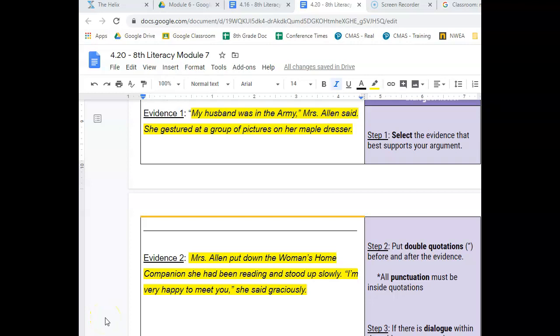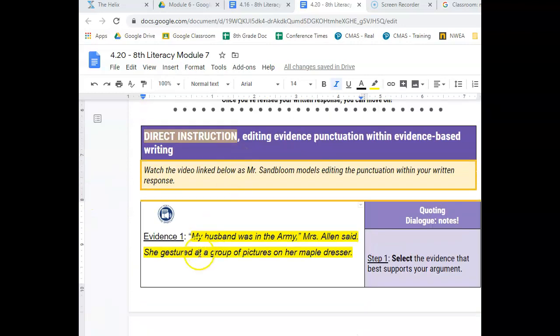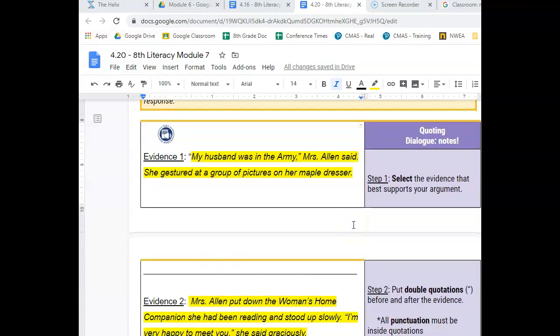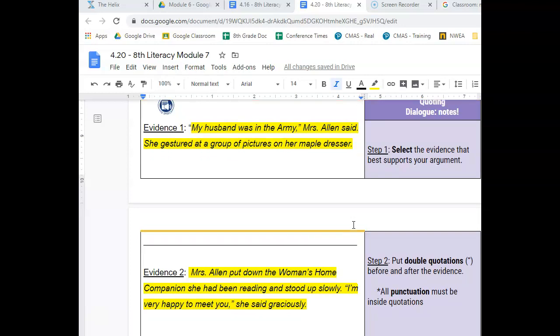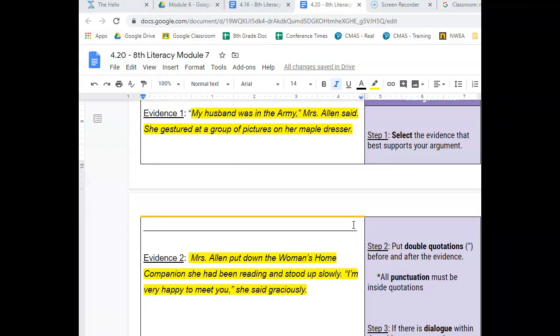All right, the next thing that we're going to talk about today is editing. Editing specifically around the punctuation that we're using for the evidence within our written response. So as we're doing that, there's a three-step process for doing this correctly. And I want you to follow along to make sure that you've done it correctly so you can edit it